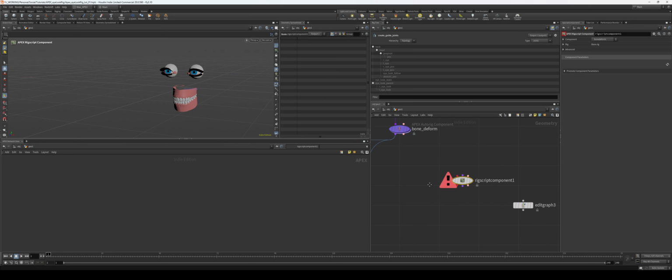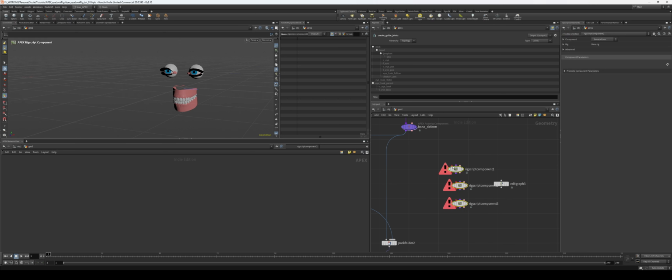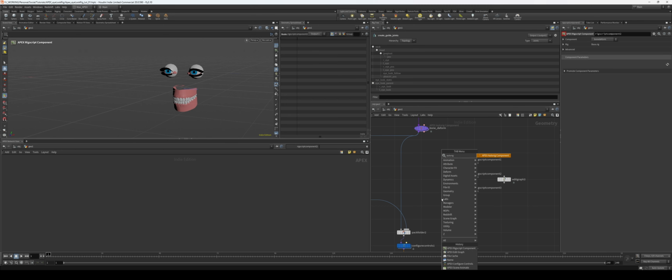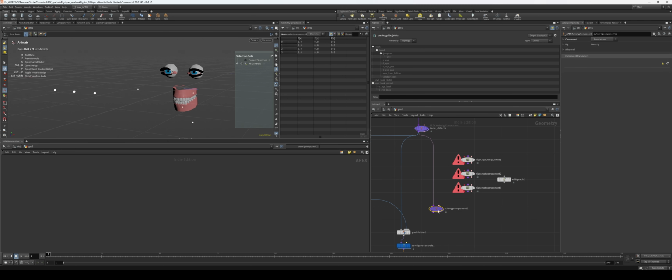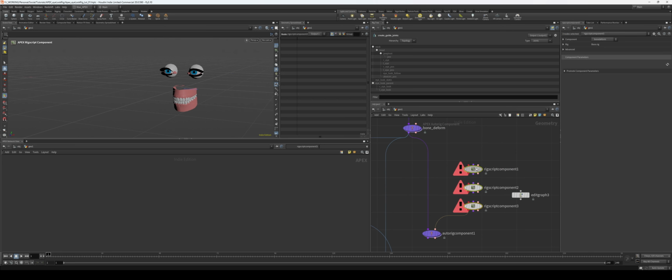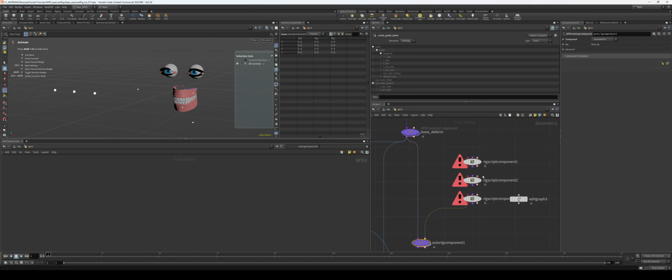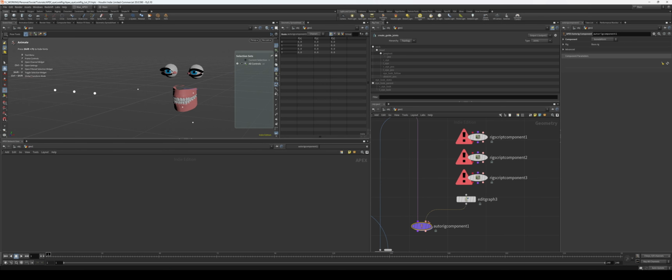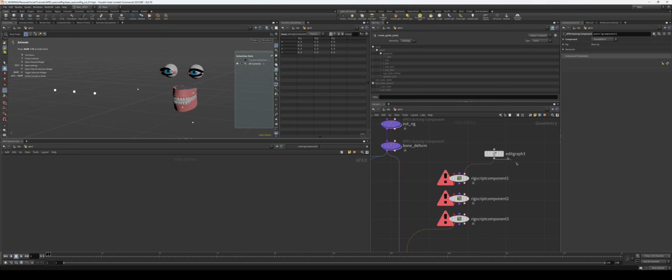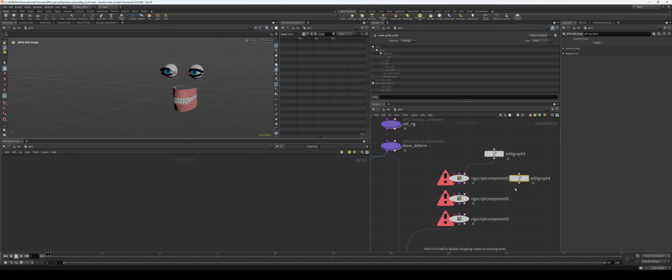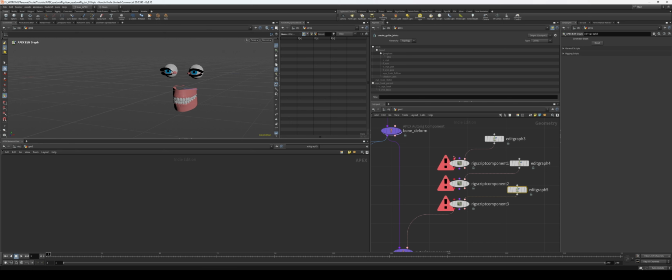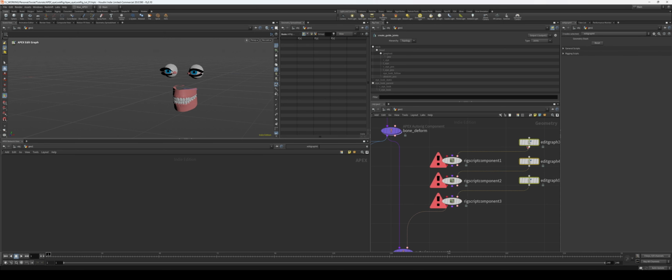And this is a really handy node because what this allows you to do is, if you chain these together and have several of them, that then gets plugged into an auto rig component, right? This will go into the second input of the auto rig component. And basically this would act as a single component script, but you have all these different steps. So you can have several different component scripts doing all different things,